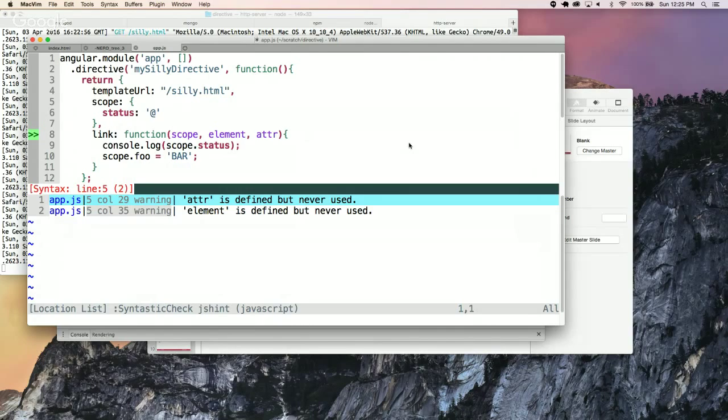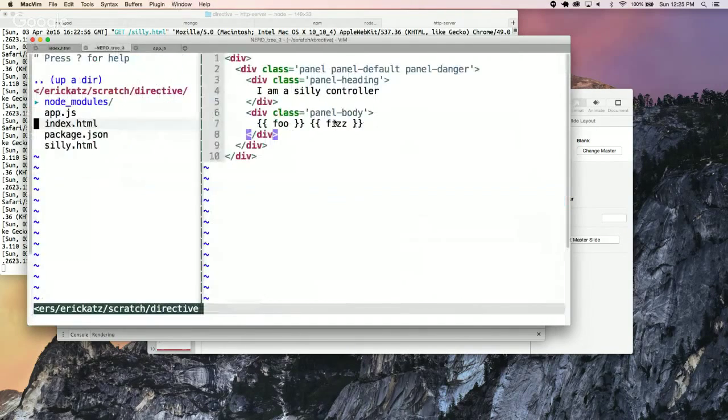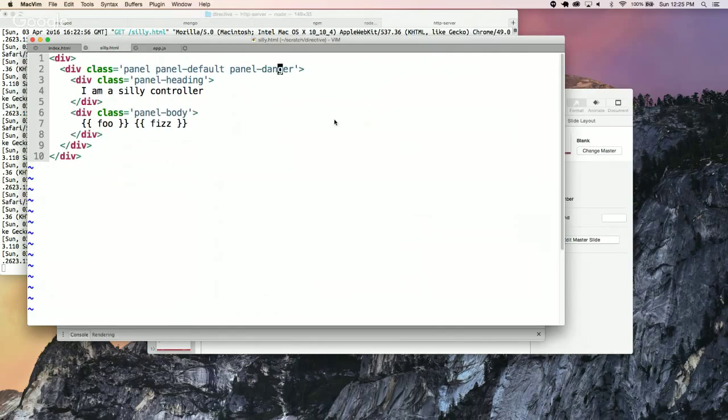But then you might want to isolate it, to pass things and have your directive do some of the work, and that's what we're going to do here. So we're going to put some logic in here, real simply, on our view. So this is our directive file itself, and so instead of putting panel danger here, let's use our ng-class,